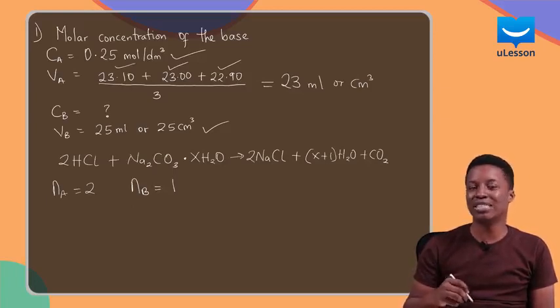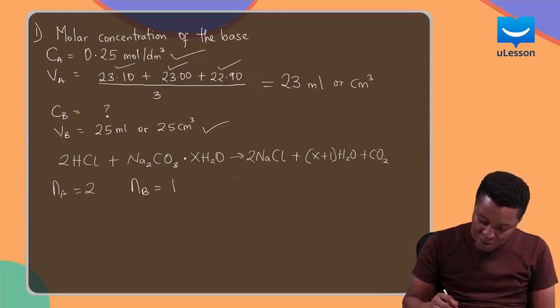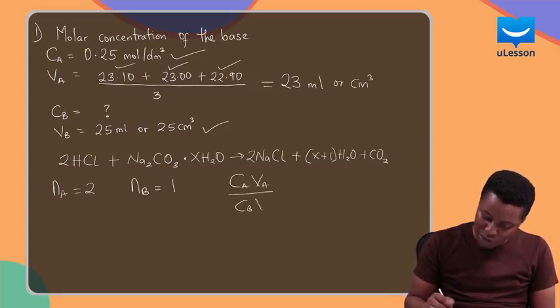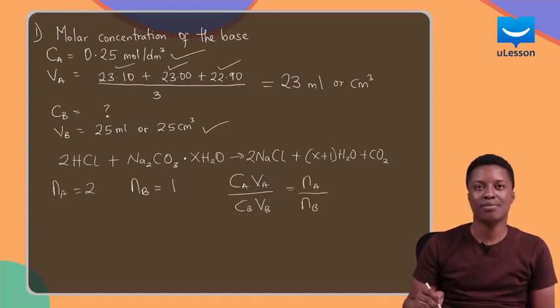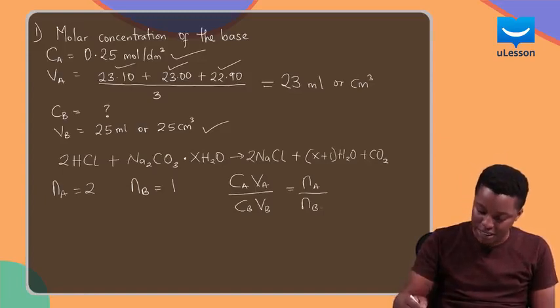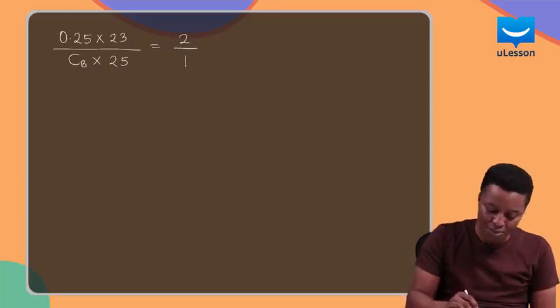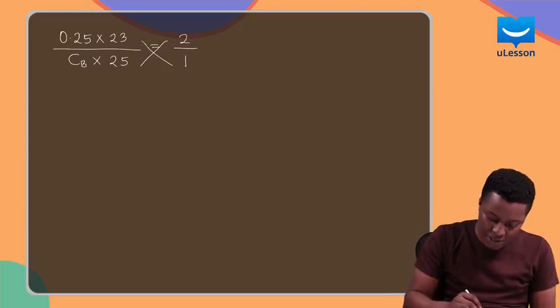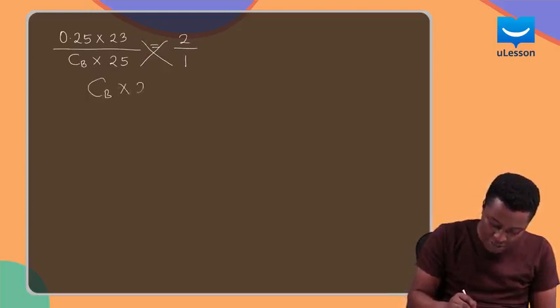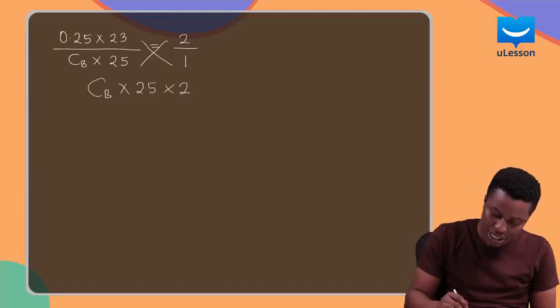We'll solve using the formula given in a previous lesson, that the concentration of the acid times the volume of the acid used over the concentration of the base times the volume of the base used will be equal to the number of moles of the acid over the number of moles of the base. With this formula, when we plug in all of the parameters that we have, we obtain this. So to solve for the concentration of the base now, we simply cross multiply, and this gives us Cb times 25 times 2 equals